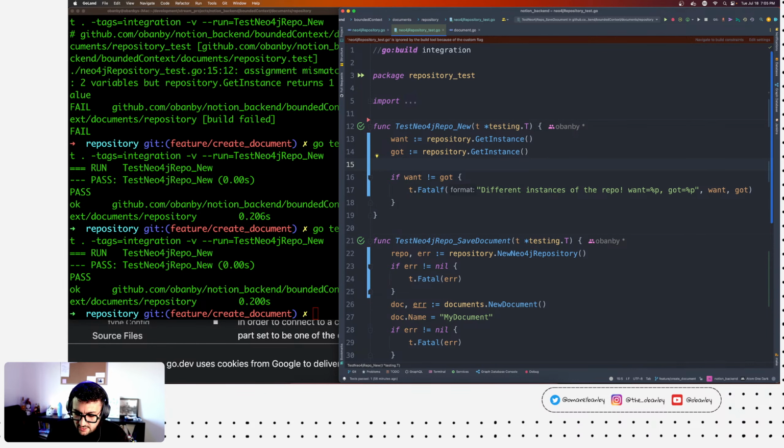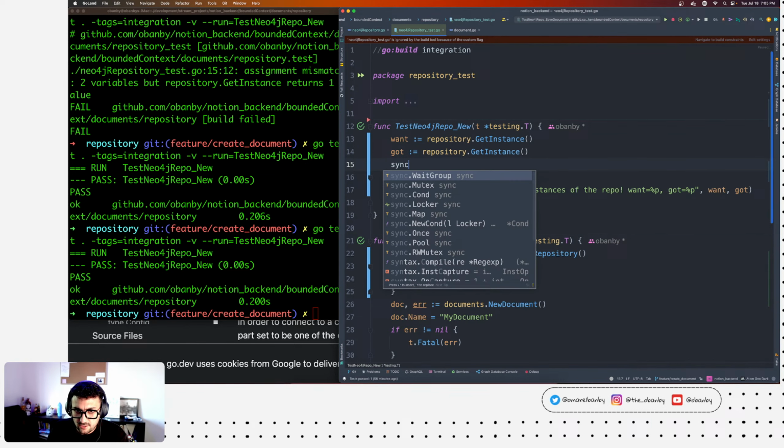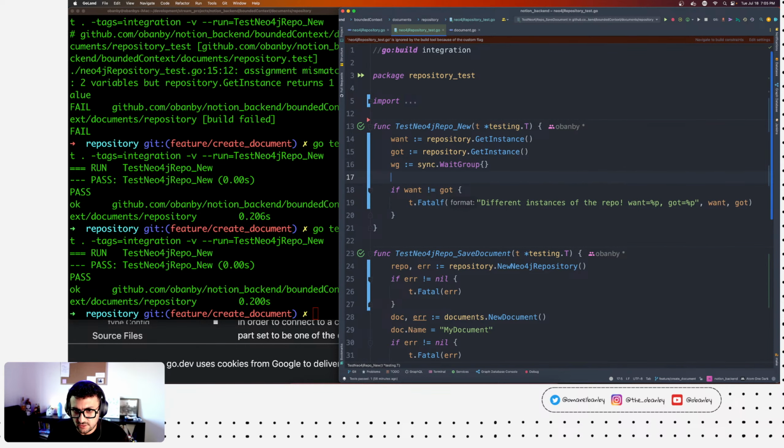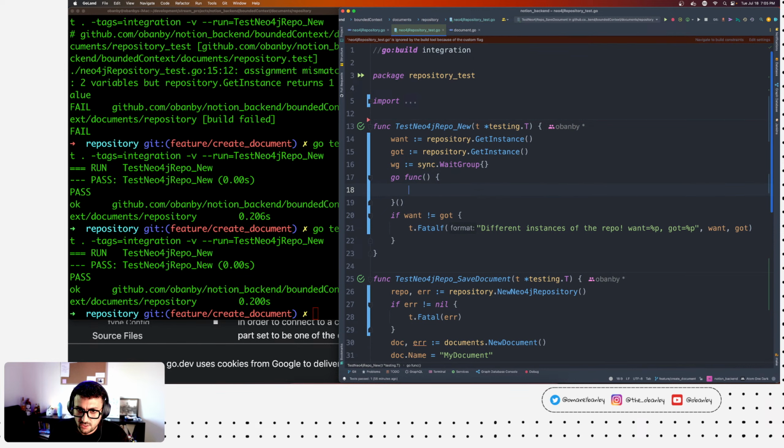I'm going to create from this sync package. There is something called wait groups, and I'm gonna create a wait group. And then I'm gonna create... I'm gonna explain everything I'm trying to do right here.